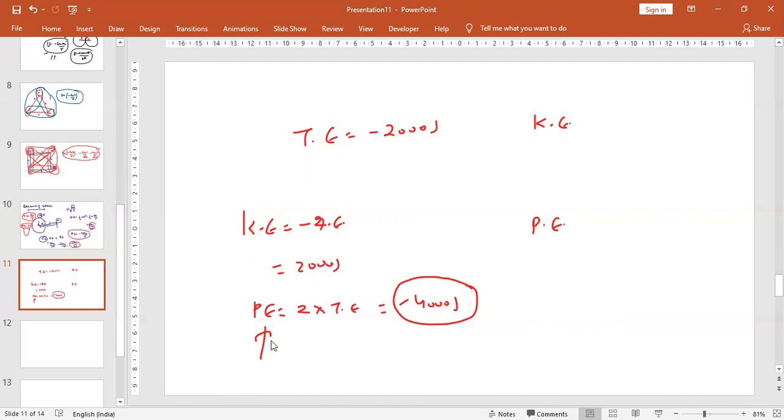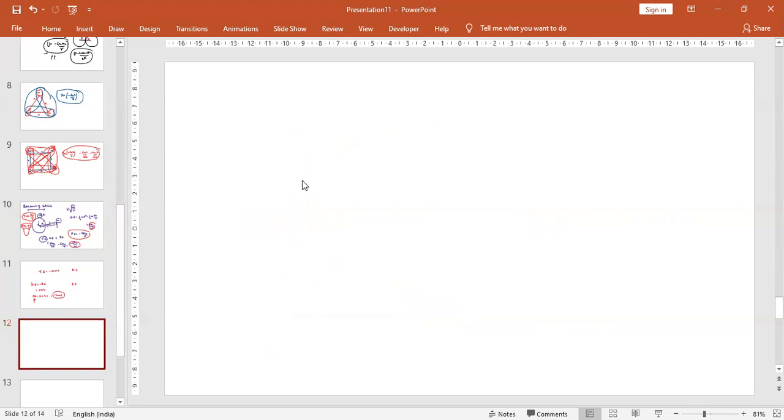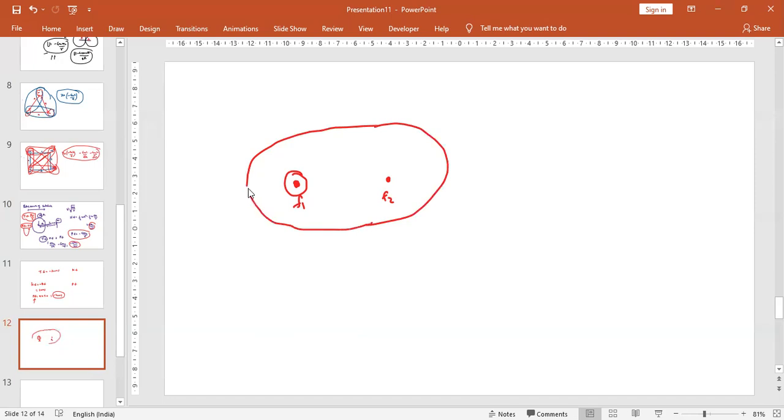Clear, sir. Clear? Okay. Remember this is Kepler's first law, that the sun is at one focus. If you remember coordinate geometry, we have a shape called an ellipse. In an ellipse, we have two foci, F1 and F2. According to Kepler, the sun is at one focus and the earth follows an elliptical orbit like this.